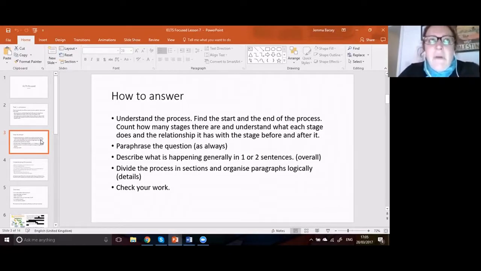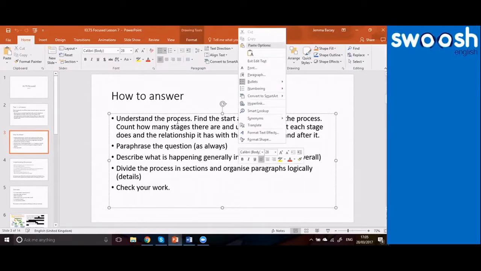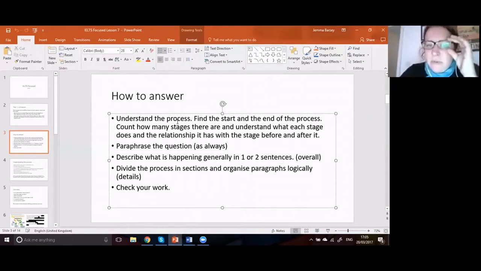So how you answer this question is to make sure that you understand the process. So what you always want to do is find the start and the end of the process. And then you want to count how many stages there are and try and understand what each stage does and whether it has a relationship with the stage before and after. When you're setting out,